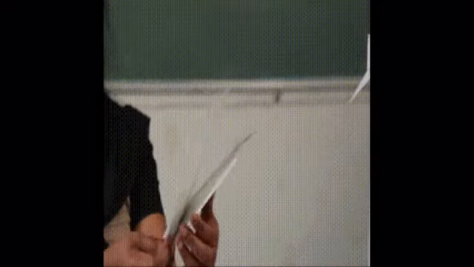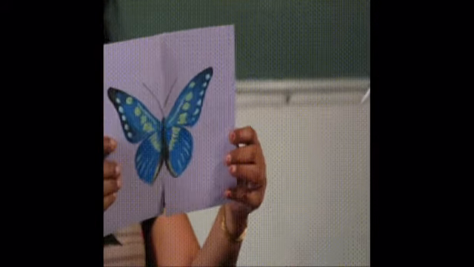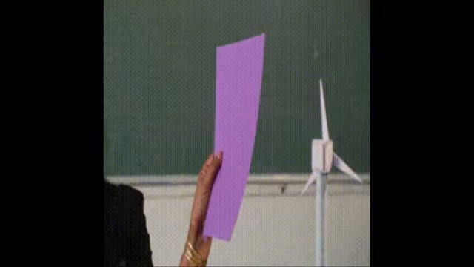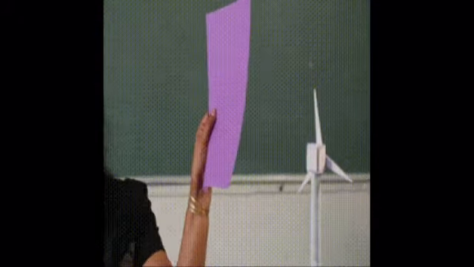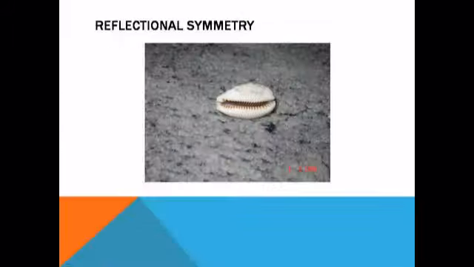Coming to the geometrical concept, we can take different types of objects or figures and see how line symmetry occurs in those geometrical figures. For example, we can take the smallest closed figure, a triangle. Here we can take an isosceles triangle, and this is a simple activity to find the line symmetry of an isosceles triangle. We can take an A4 sheet of paper and cut the corner of it.